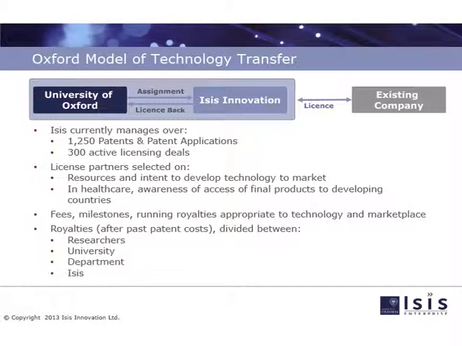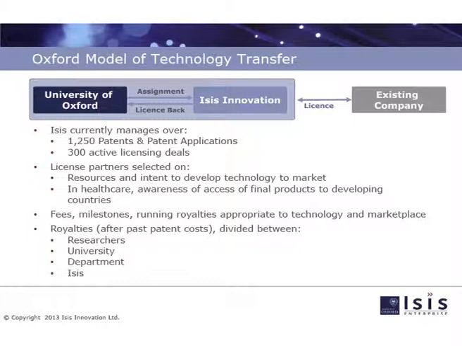and it is ICIS's responsibility to commercialize them to the external world. Now here you can see a license back. Now this is very important if you are creating an ICIS-like entity. What we are licensing back is something very important to the university and the academics and to the university research. And that is, when you assign the IP, when you transfer the IP, ICIS has the full rights to that